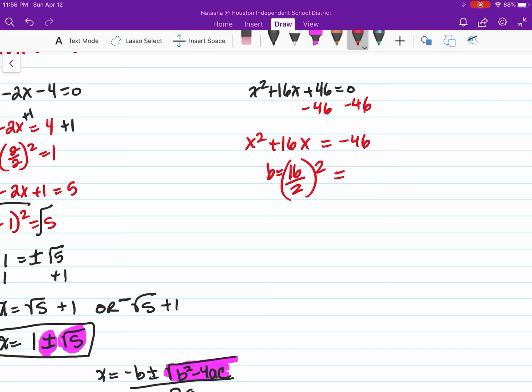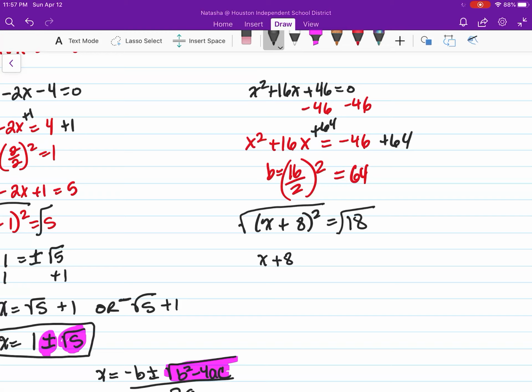My b is equal to 16 divided by 2, and then we're going to square it. 16 divided by 2 is 6. 6 squared is going to give me, hold on, wait, nope. 16 divided by 2 is not 6, it's 8. 8 times 8 is going to give me 64. So we're going to add 64 to both sides. So that's going to be x plus 8 squared, and that's going to be equal to 64 minus 46, which is going to give me